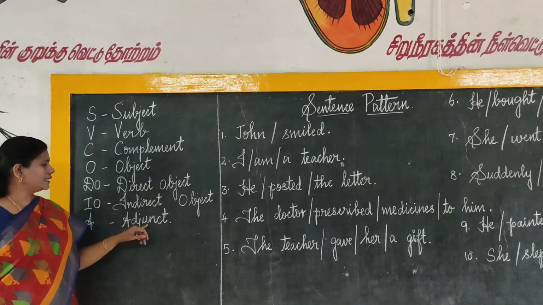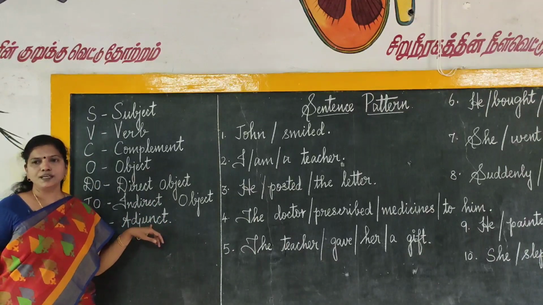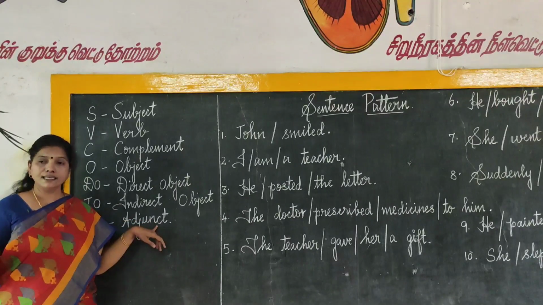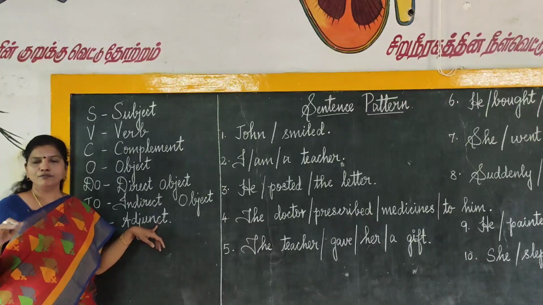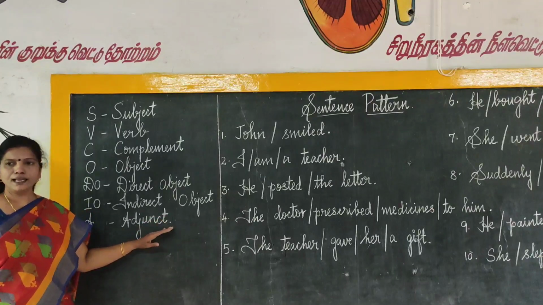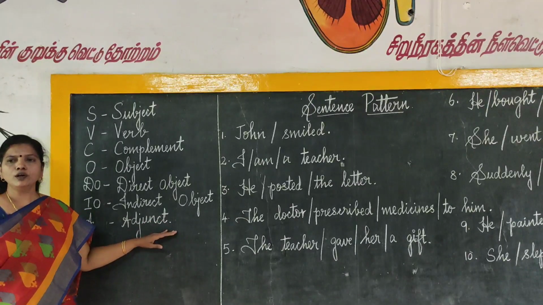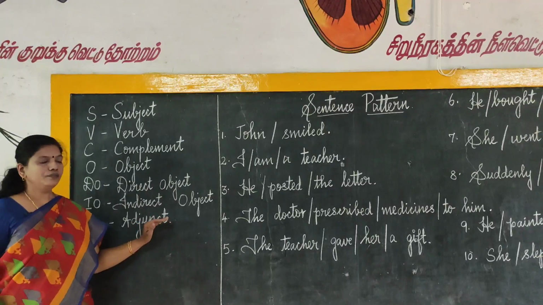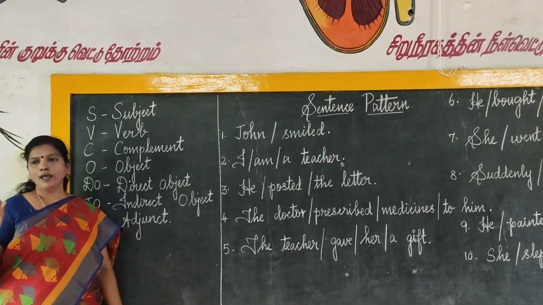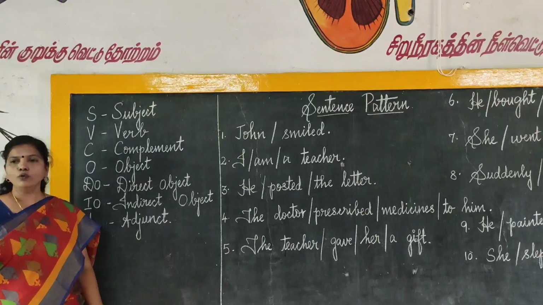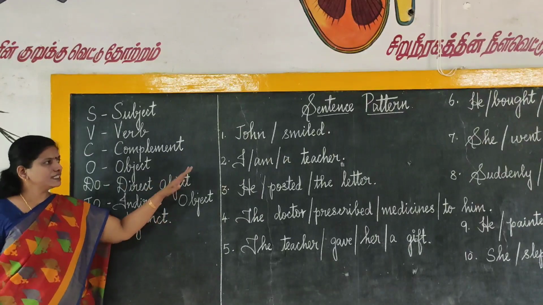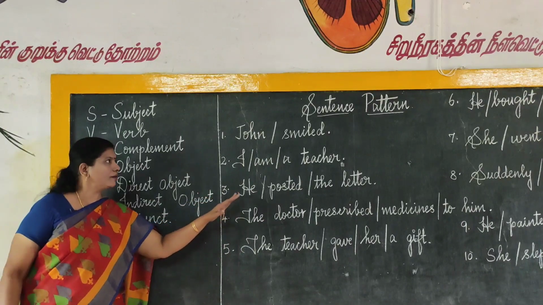Okay. So, here next one is adjunct. Adjunct is usually an adverb. Even if we remove the adjunct in a sentence, the sentence will give you full meaning. So, no harm will come to the sentence if we remove adjunct. Adjunct is usually an adverb which adds more meaning to the verb. Adjunct in a sentence gives answer for the questions how, where and when. So, adjunct answers these three questions. Okay. When we see examples, you will become very clear.